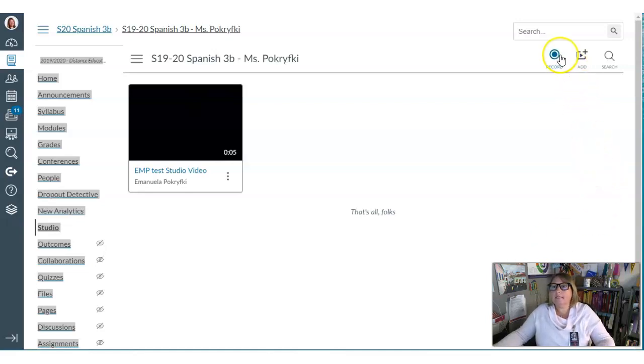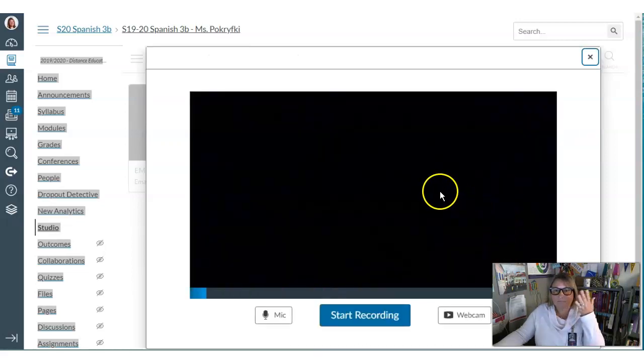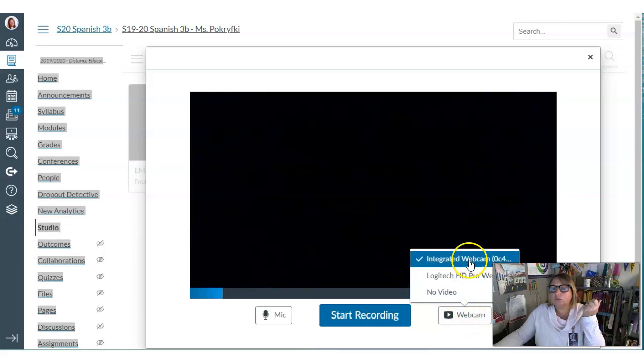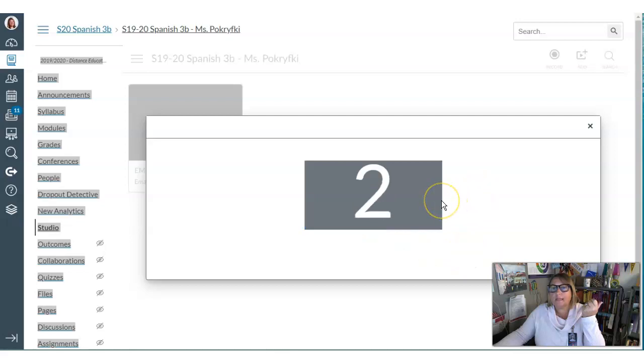So for creating a video, just click here and you can have the screen capture if you want to just have the video of what is showing here on your screen, or you can have a webcam, and in this case you don't see actually the image because I'm already in the other video. But you start recording, you select the webcam that you want to use, which is going to be this one. You want to start recording, and